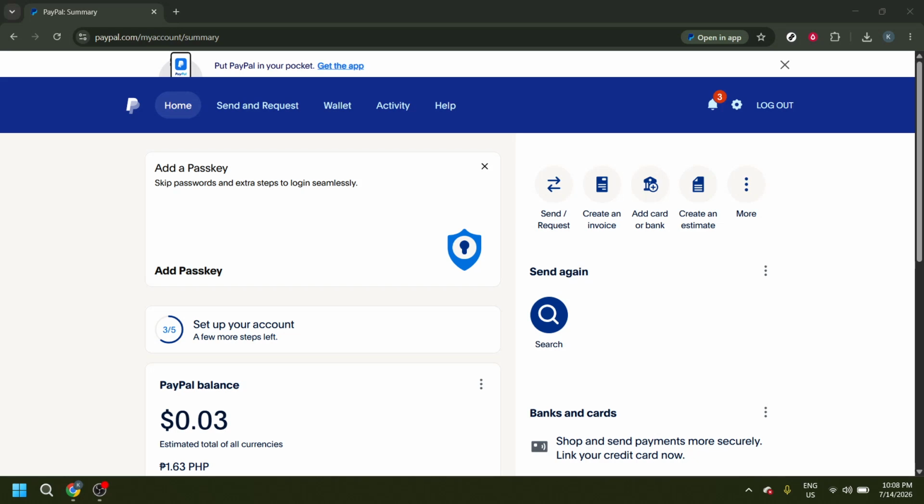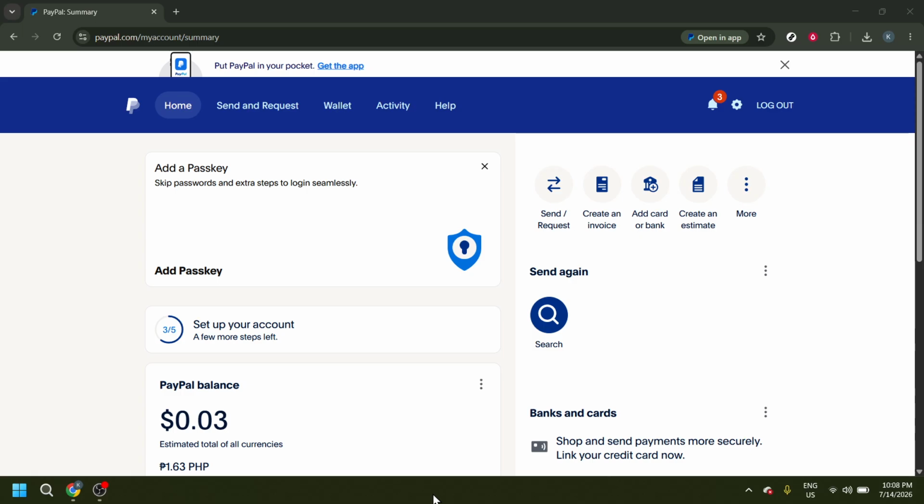In today's video, I'm going to teach you how to change PayPal primary currency. If you use PayPal for sending, receiving, or holding money in more than one currency, setting the correct primary currency can help keep your account organized and make it easier to manage balances. In this walkthrough, I'll show you exactly where to go and what to click so you can update that setting